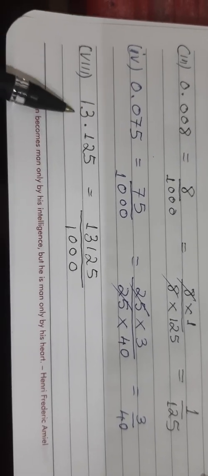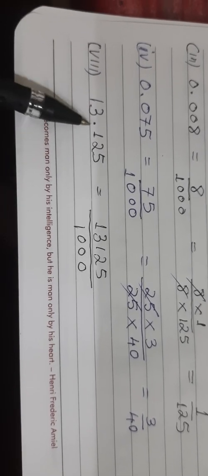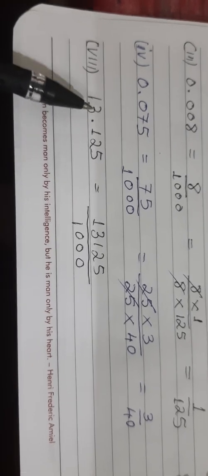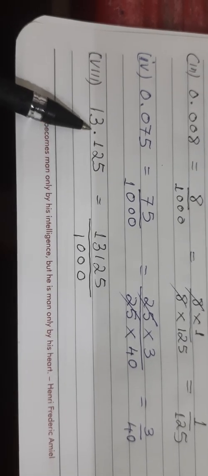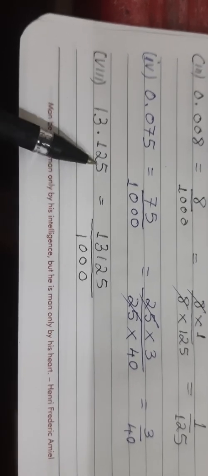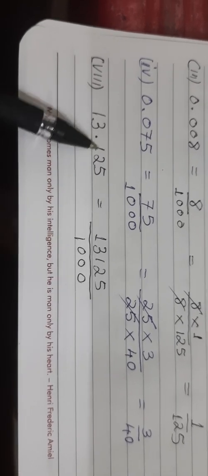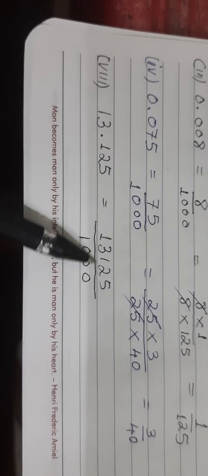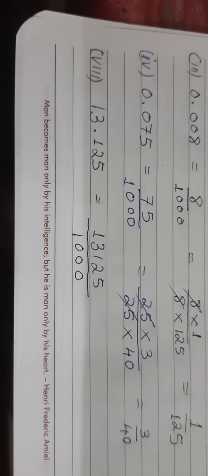Now let us convert this into a fraction first. As usual, we write the number without the decimal as it is. 13125 here, 13125. No decimal is here. And in the denominator, this point should be removed. So to remove the point, we give 1 in the denominator, and on the right side of the point, as many digits, that many zeros we give. So 3 digits are there, so I give 3 zeros. So when you convert this decimal into a fraction, you get 13125 divided by 1000. Now this has to be reduced.